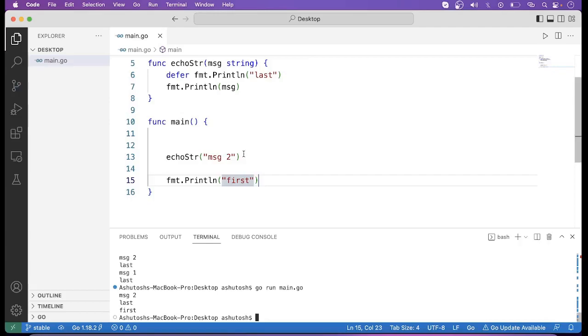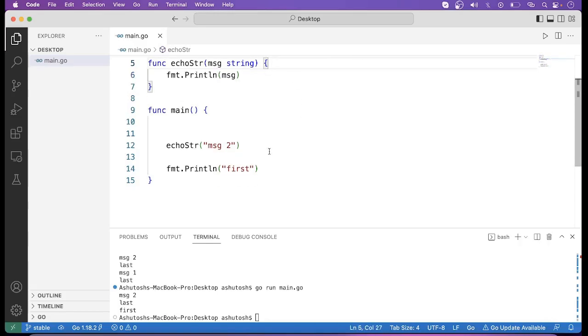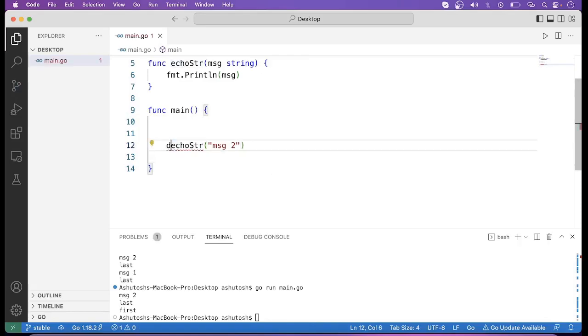The second point is that the defer function does not wait for the functions present in another goroutine to complete. What does it mean? Let us see now by an example. First of all, let us remove this. If we call it with a defer keyword,